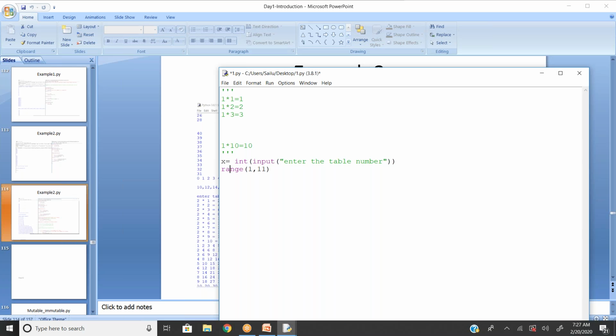Okay, good. So I am assigning some number to Z. Then Z into X. Yeah, Z into X, I'm assigning to Y. Okay, done. Then print statement.